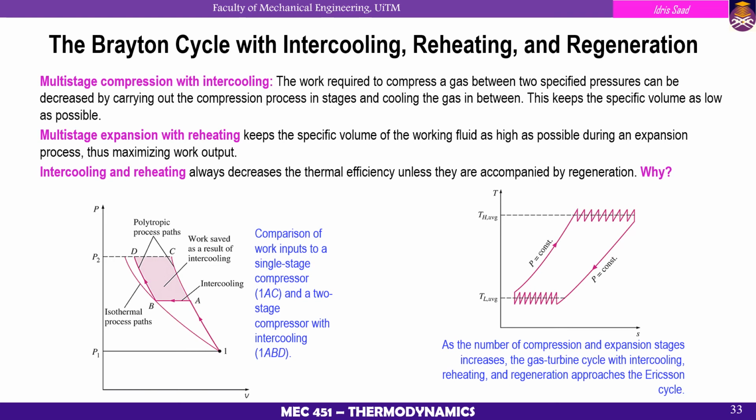So the contribution of each added stage to the thermal efficiency is less and less, and the use of more than 2 or 3 stages cannot be justified economically. However, it will produce more power output with less thermal efficiency and will also increase the fuel consumption. So basically, if the system or the airplane requires high work output, they have to sacrifice the thermal efficiency and the fuel economy.